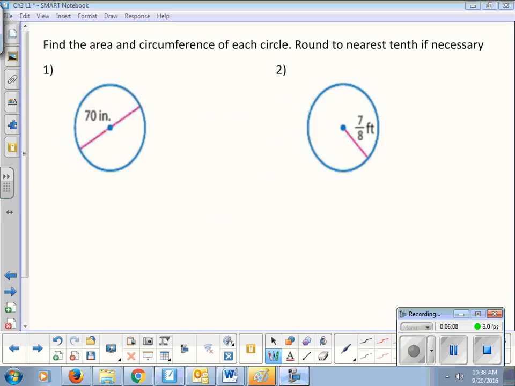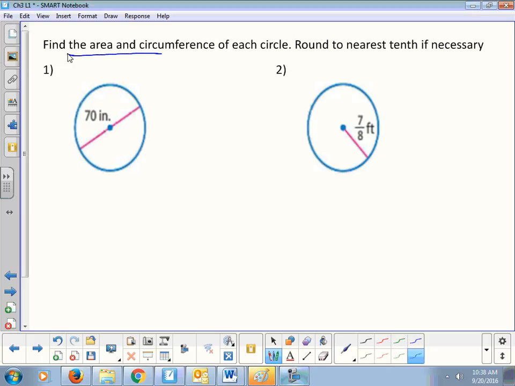Okay, we're going to go through a couple examples together, and I'm going to have you try a few on your own. For 1 and 2, we want to find the area and circumference of each circle. When I'm solving for both, I like to have my radius and my diameter. So for number 1, we're given 70 inches. Is this 70 inches our radius or our diameter? Diameter. And if our diameter is 70 inches, what would the radius be? 70 divided by 2, which is 35